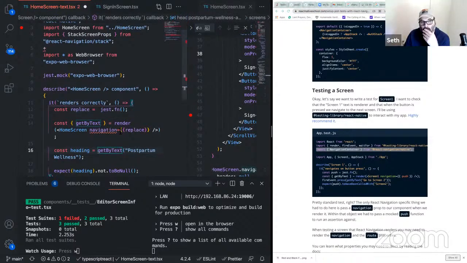And here he uses push just like he has up in his screen one. So we have push and then just dot function. We're mocking that. We've got get by text. They're using render in the same way we are. Ours is called home screen. We're trying to pass it navigation in the same way that they are.